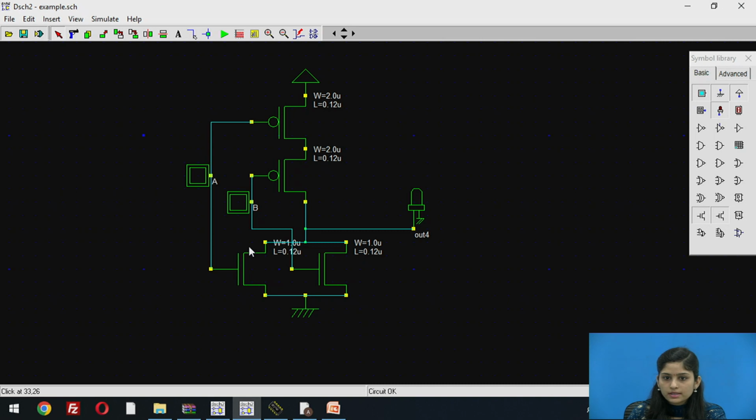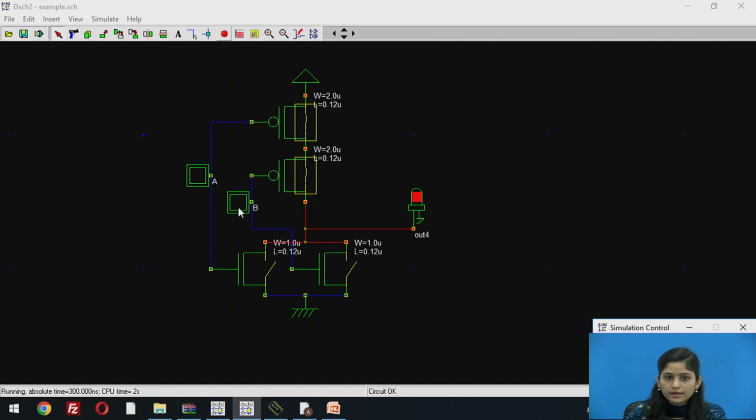Now we have to see its simulation, so just click on the simulation button. If both the inputs are low, at that time our output is high. This is the basic truth table of our NOR gate. If any one of the inputs is high, the output is low. Here input A is high, that means 1, and input B is low, that means logic level 0, at that time our output is 0.